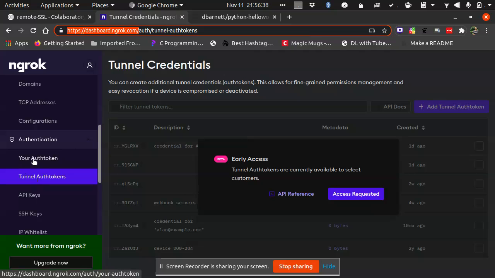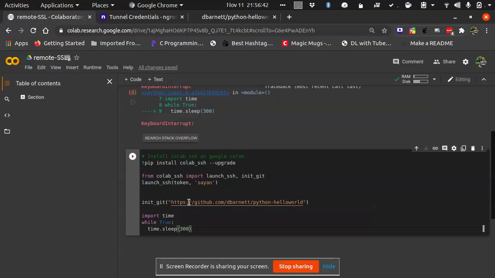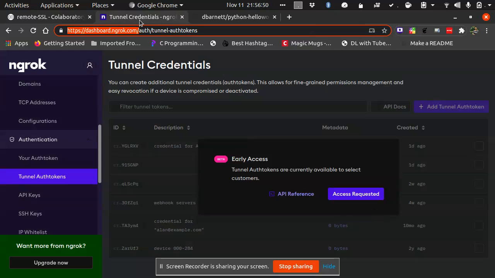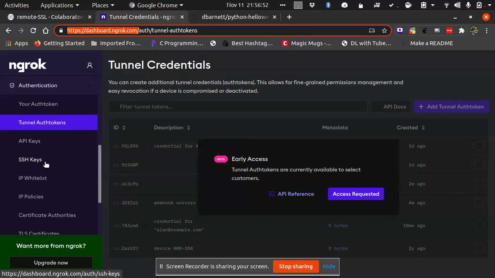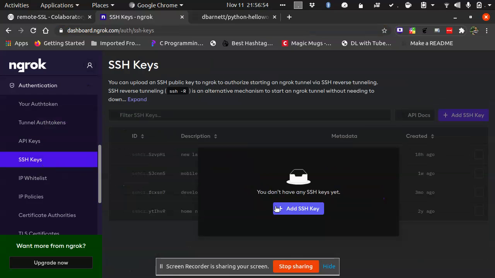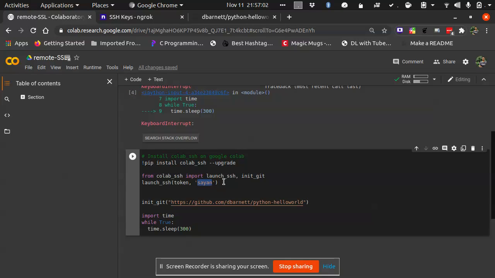This part is over, right? I've also discussed this part. You need to go to your auth token and then copy that particular auth token and paste it here in place of token as a string variable, and this is a password. You can set whatever password you want. There is also an option called SSH keys. You can also go for that particular thing, but I'm not complicating this tutorial much. Now next thing what you need to do is that